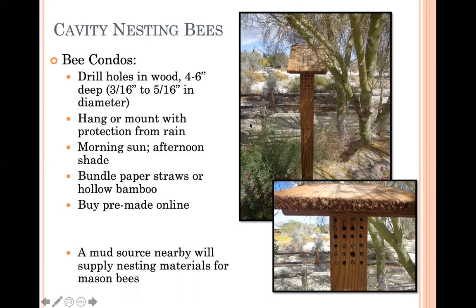Do they compete with spiders for the holes? Oh, that's a good question. I definitely see wasps and spiders using some of the holes. So yeah, they can definitely share the resources, but usually we're trying to leave the holes for the